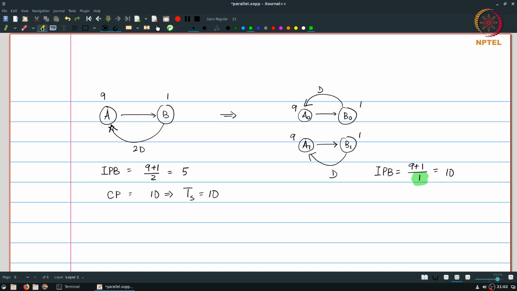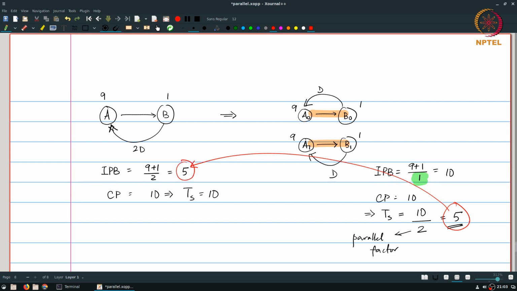But the interesting thing over here is now the critical path is also determined by these two edges and basically becomes equal to 10, which means that the sampling interval is equal to the critical path divided by the parallelism factor. Why? Because effectively within one sampling interval, two parallel copies of the computation have been performed, which means that the effective sampling interval for the overall system is 5, which matches my original